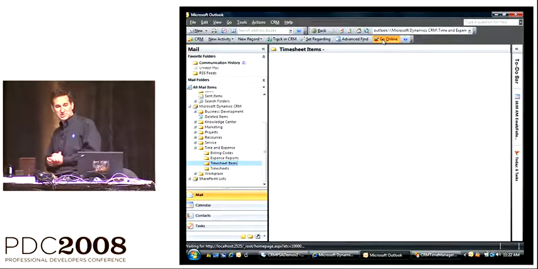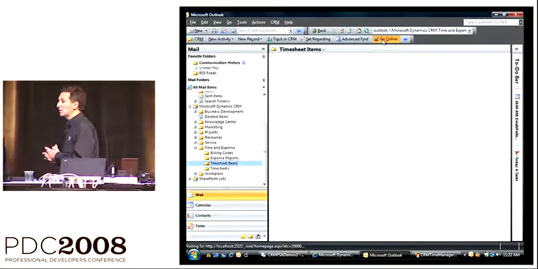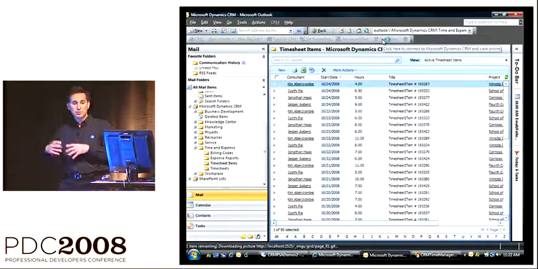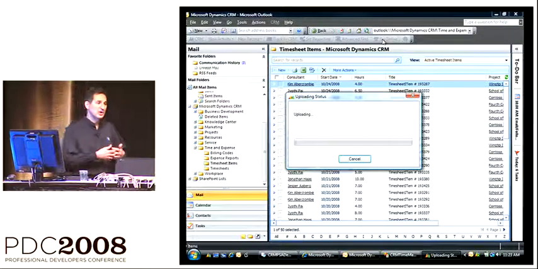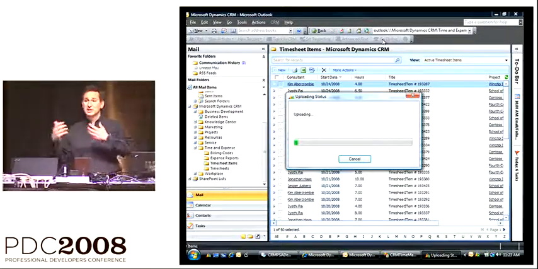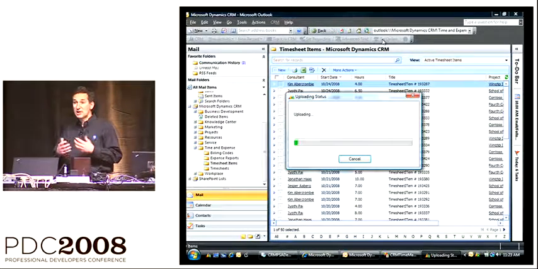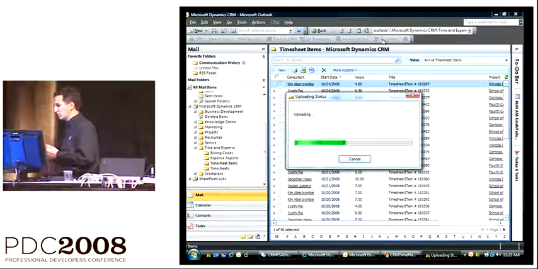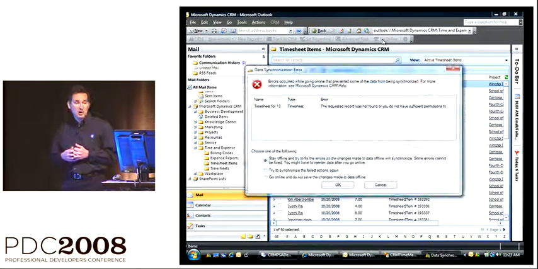So one of the things I was going to talk about was the fact that one of the platform capabilities of CRM is that you can actually take your data and take it offline. When you create a custom entity, you can look at it from within the UI when you're online, but you can also look at it when you're offline. The way it does that is it pulls it into Outlook. It has a SQL database that it stores locally, and it runs a web server locally, so that as you're doing different activities, for instance, if you're making changes to your data when you're offline, for instance, in the scenario that I was about to do,